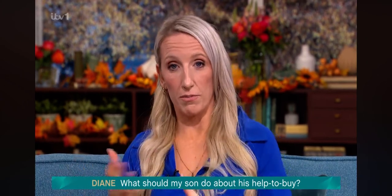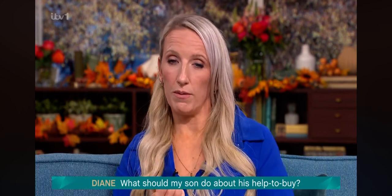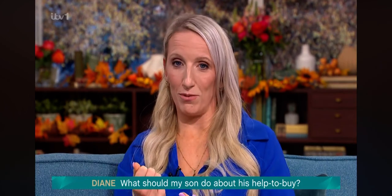It's 20% of the value of your property, or 40% if you were in London. So if you sell the property, you're going to be giving 20% back to Help to Buy. And one thing I really want to get across to those people who are potentially doing a Help to Buy remortgage is it